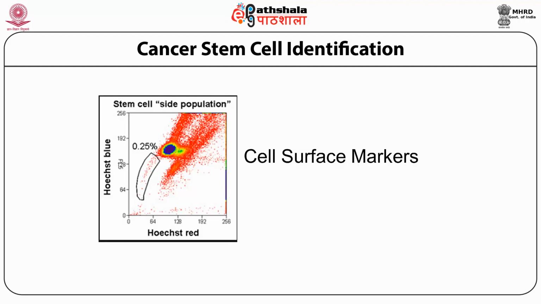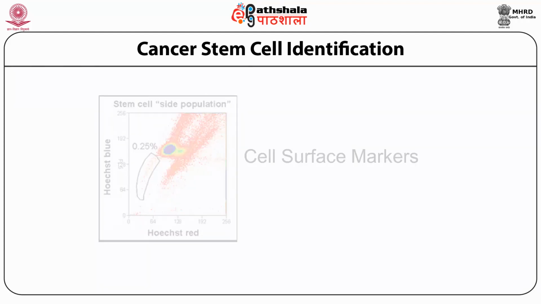Thus, identification of a tumor progenitor, or for that matter, even a stem cell population, is by the intrinsic mechanism for cytostatic drug resistance that might provide clues for improved therapeutics. The other way that one can use to identify the cancer stem cell is by the use of the cell surface marker, and this is shown in the next slide.